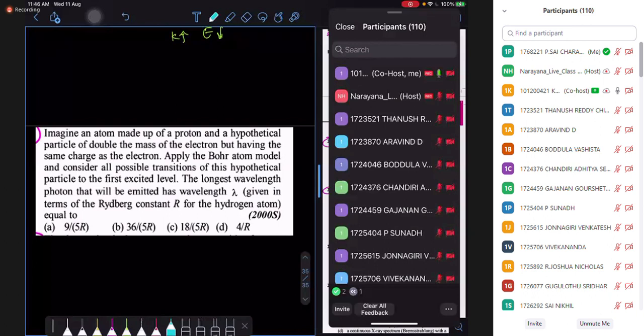Now here, read the question carefully. He says, imagine an atom made up of a proton and a hypothetical particle of double the mass of the electron, but having the same charge as the electron. He's asking here the longest wavelength of the photon that will be emitted has a wavelength lambda in